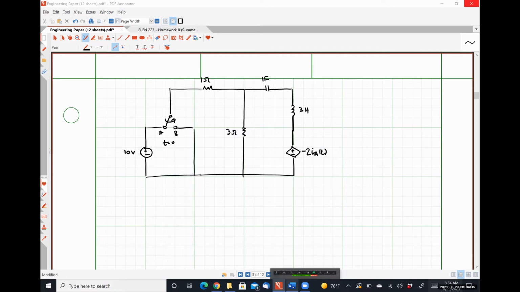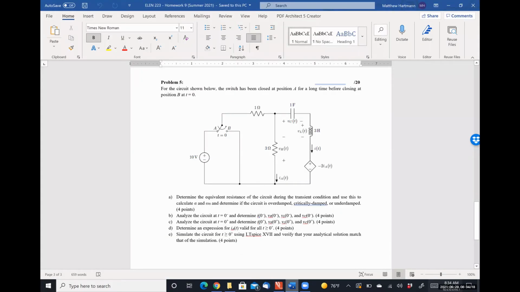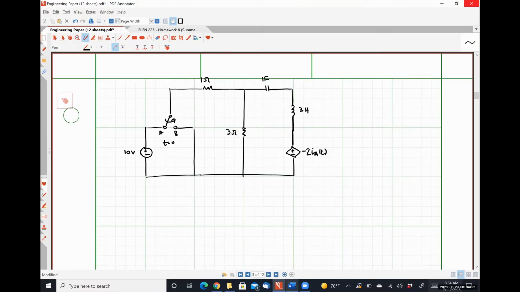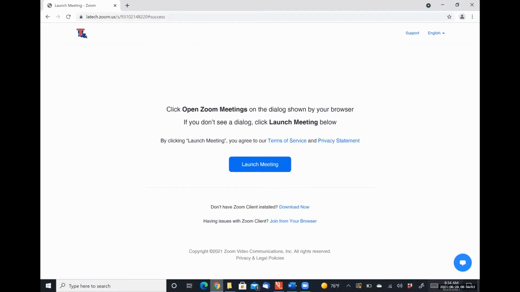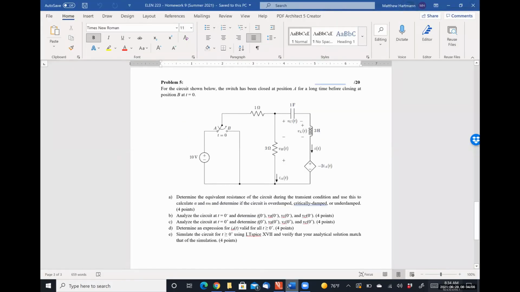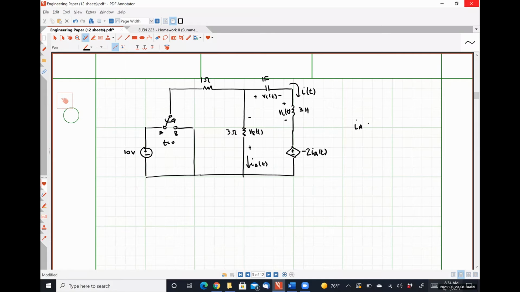Then let's see, what's what. So VR, VL. And let me write down what our ultimate goal is, figuring out what IA is. All right. Okay, so